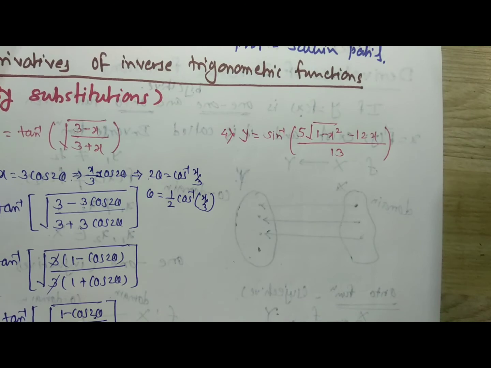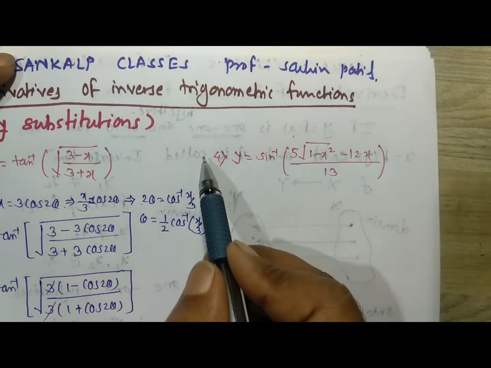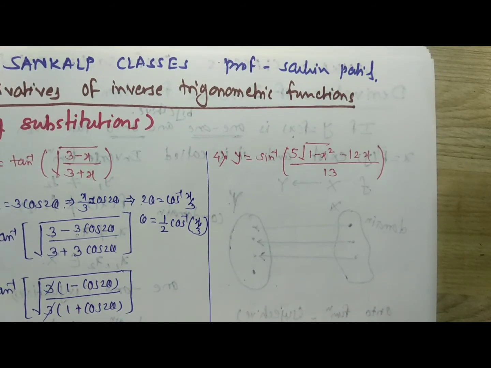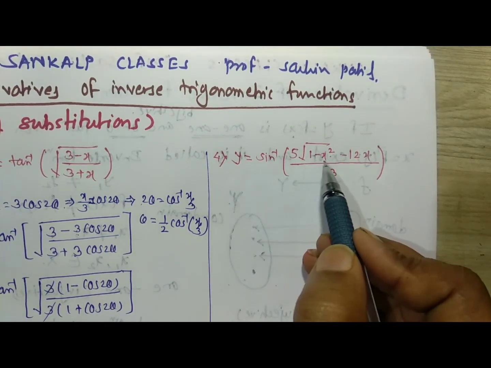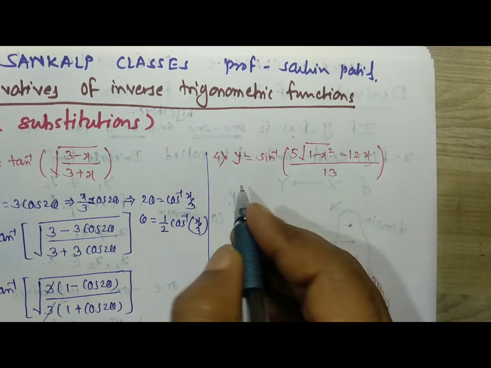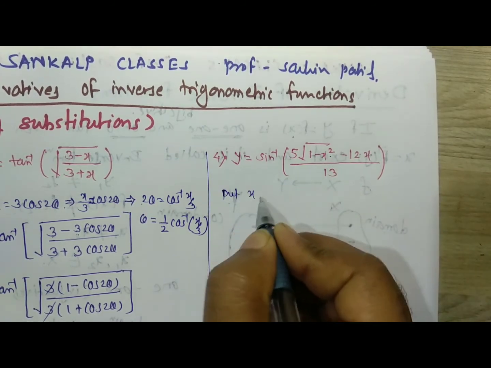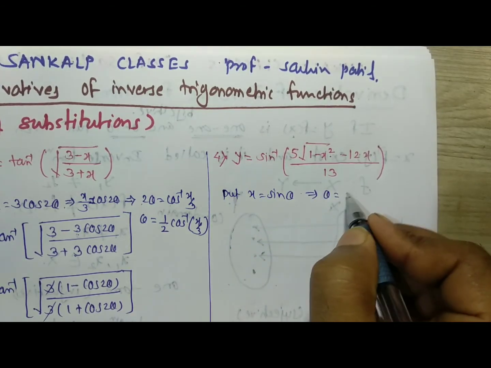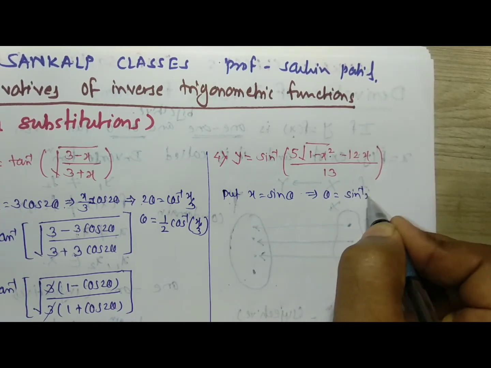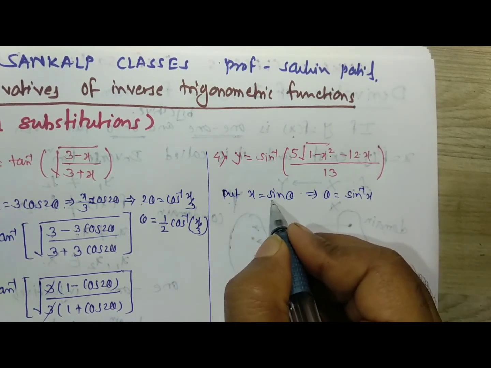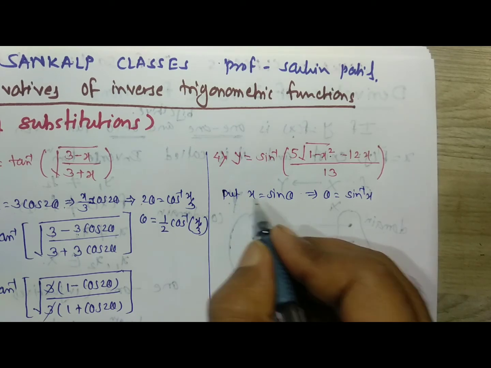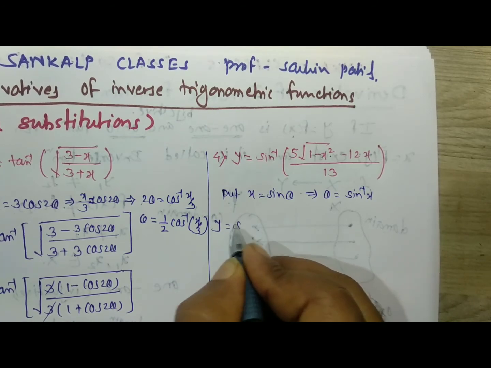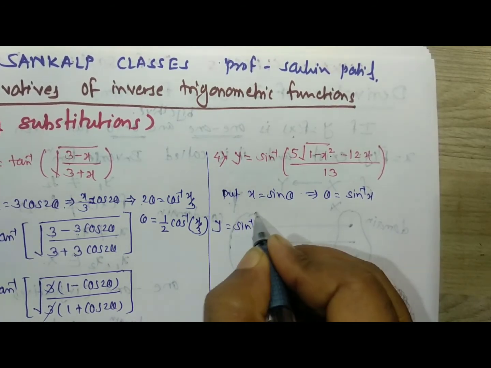Similarly, you can find the derivative of this expression, or this is another example. First of all, we have to consider 1 minus x square. That means we have to put x is equal to sine theta here, and therefore it implies that theta is equal to sine inverse x. We have to throw that sine from the right hand side to the left hand side. At that time it becomes a sine inverse, and therefore y is equal to sine inverse inside the bracket,